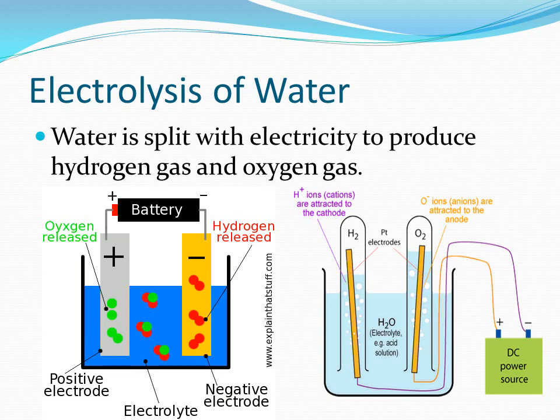Suppose oxygen is of green color and hydrogen red color. So here the green and red is mixed, as water contains both the elements. Then in the positive terminal, oxygen is attached, and in the negative terminal, hydrogen molecules are attached. So we can separate water molecules or any other things easily.